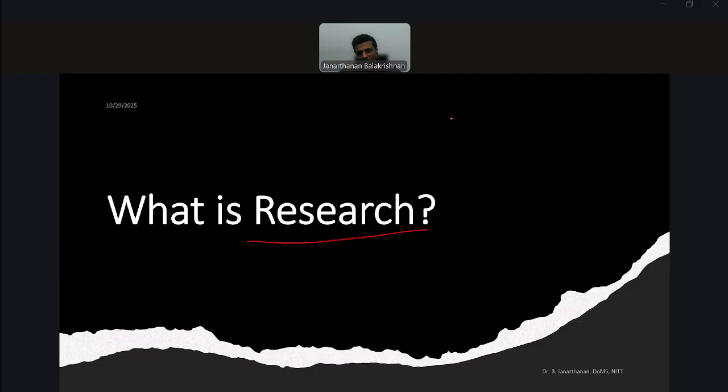Maybe even developing new theories or models. Okay, developing theories or understanding a problem. These are different branches which come out of research. So what is research in a very broad or very precise way? That is where we do it. Do you think research is all about writing a manuscript? Do you think research is all about publishing a paper? Do you think research is all about